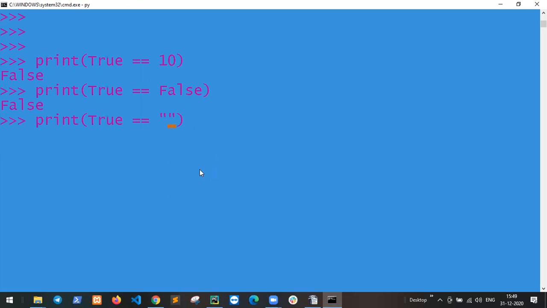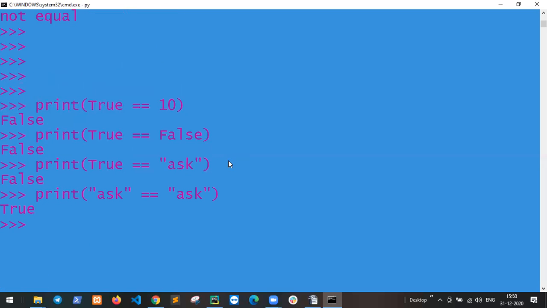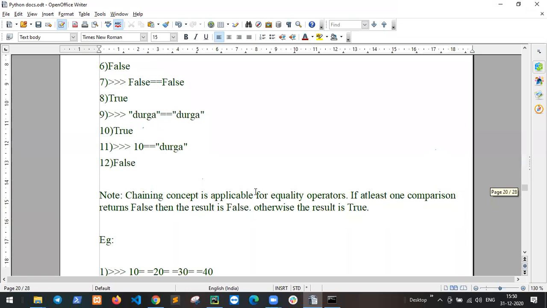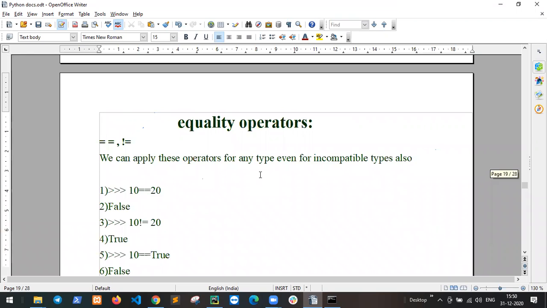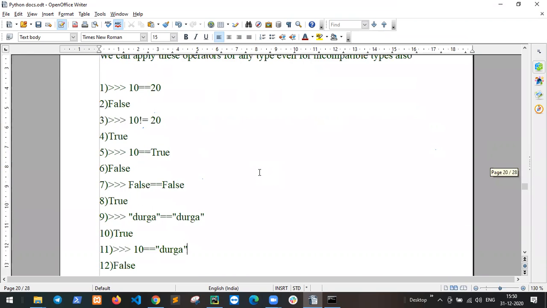True compared with a string, the result is false. And comparing string with string, the result is true. Got it? Yes, sir. Okay.